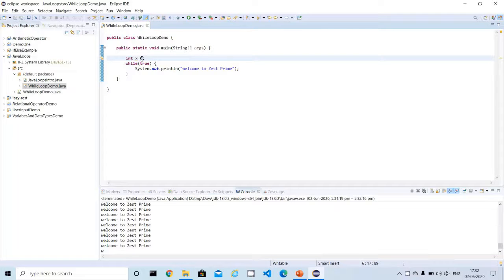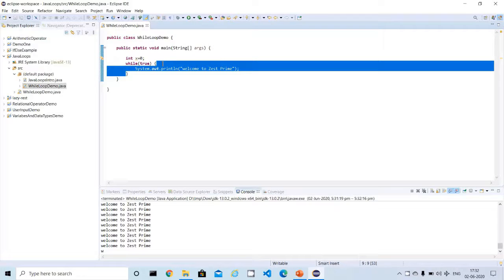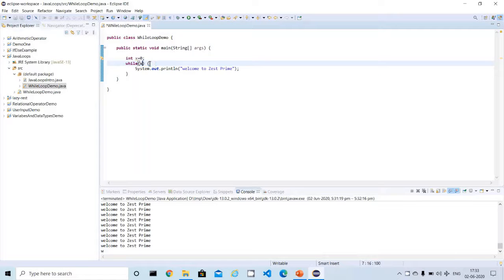Here we have to generate a boolean value using relational operators, so we can control the loop a particular number of times. Let me consider: if x is less than n, it will come inside and execute.